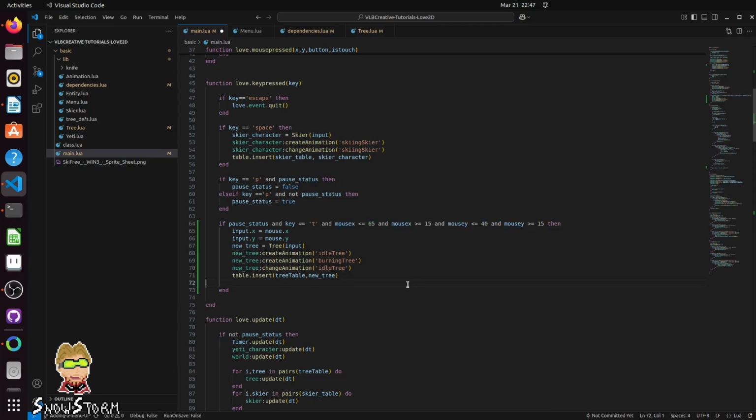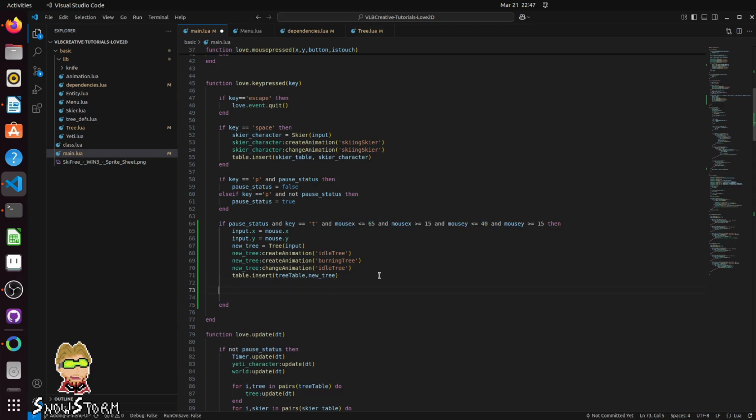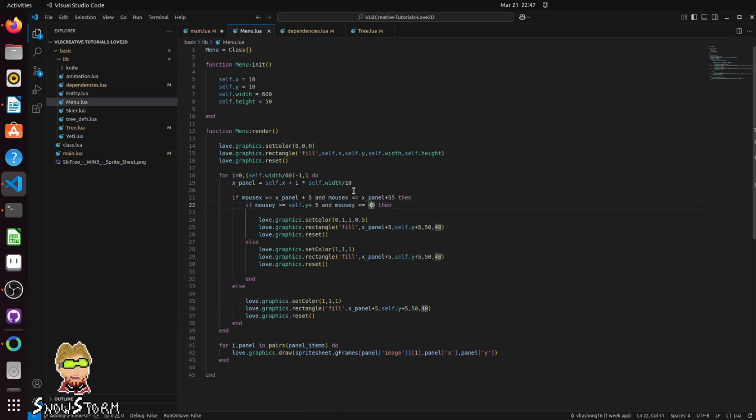So with that said, let's add the second panel. I can just do else if, and since we want everything to be the same, I can just copy the entire conditional statement here. But then I need to go back in here, and for our second panel, essentially i is going to be equal to 1. So X panel is going to be 5 plus essentially 1 times 60, so 10 plus 60,